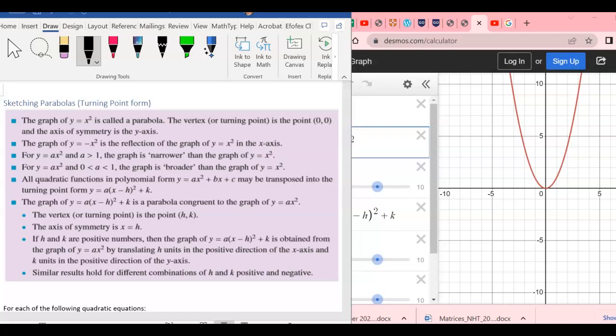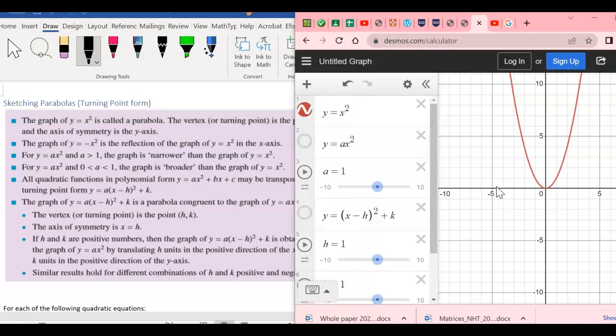Hi everyone, in this video we're going to go through how to sketch parabolas in turning point form. So what we have here in the purple box is the key ideas, and then on the right hand side, because I've got to squish everything into this screen, is the Desmos calculator. So obviously you can sketch graphs on your calculator, but Desmos is a little bit more user-friendly than your calculator. So I often use it for graphing because it's a lot quicker and it's just more user-friendly. So you can see the address there,